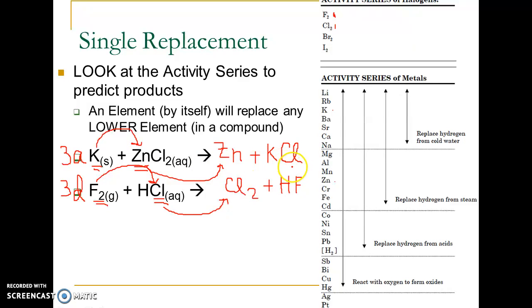I don't have subscripts here because I need to check my charges. I do have a subscript here for this chlorine because chlorine is diatomic. So let's go back to 3A, this first equation up here, and let's